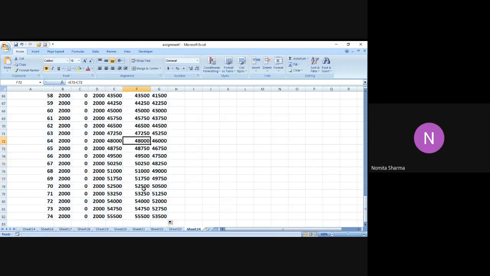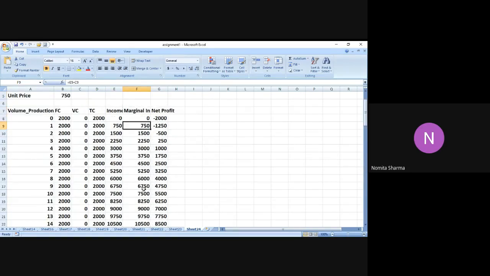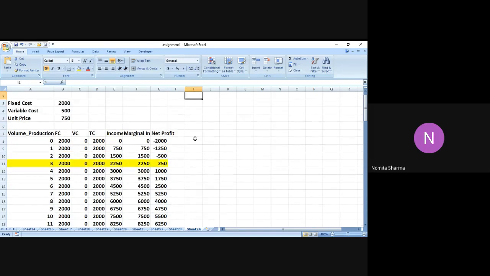So I got some numbers with me in the table, and let me just check what we are getting, and at which point our negative is becoming a positive profit. Because if I remember, initially my profit was coming out to be negative. So if I see, this particular point is actually showing me this net profit is minus 500. But when I come to the volume of production of 3, in this case, it is giving me the positive profit. So let me just highlight that, and this is how we calculate the break-even point.